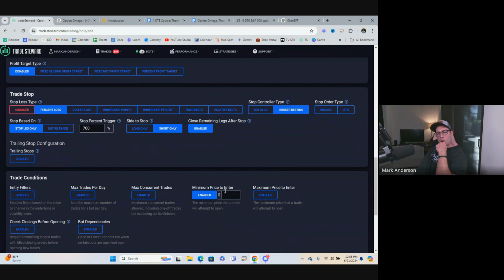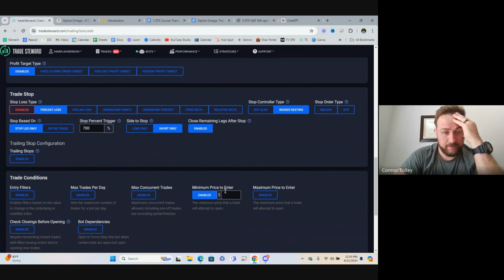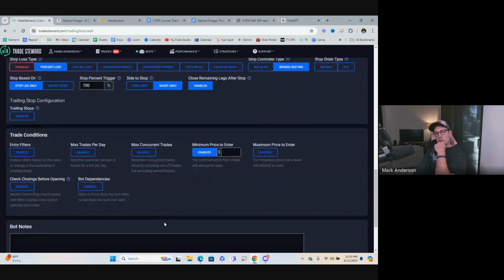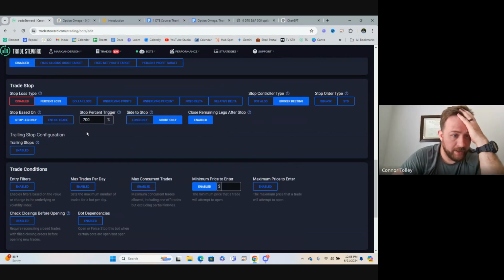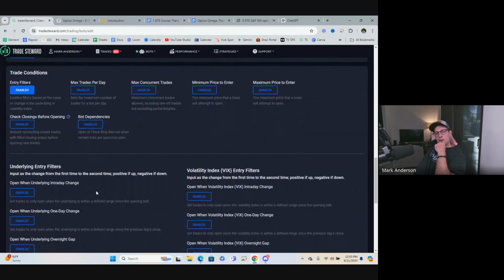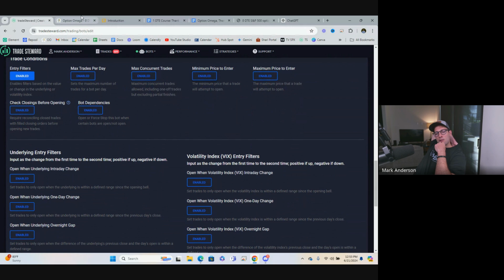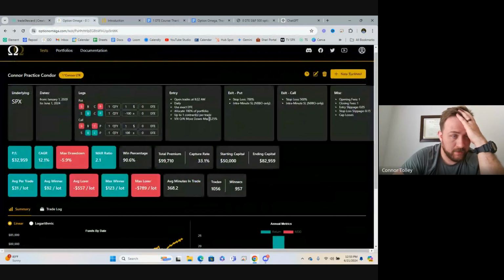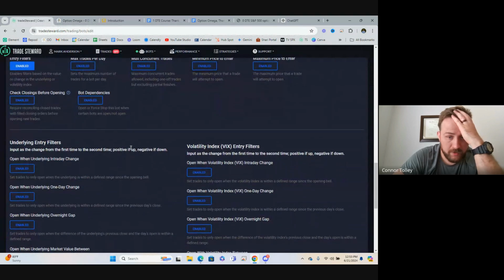The down is. Why do you think it's minimum price to enter? What does price have to do with anything? Oh, hold on. My bad. So it's going to be under the entry filters. Where's entry filters? All right. And then turn off the minimum price to enter. Let me read what this says. VIX move down. So one day, is it the